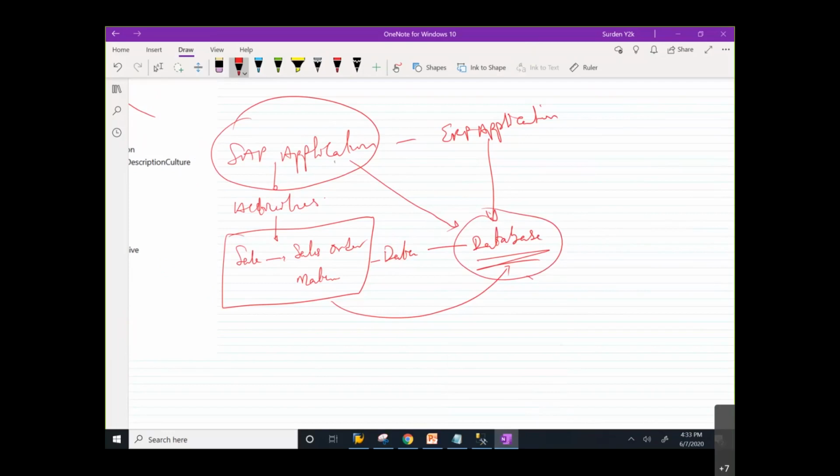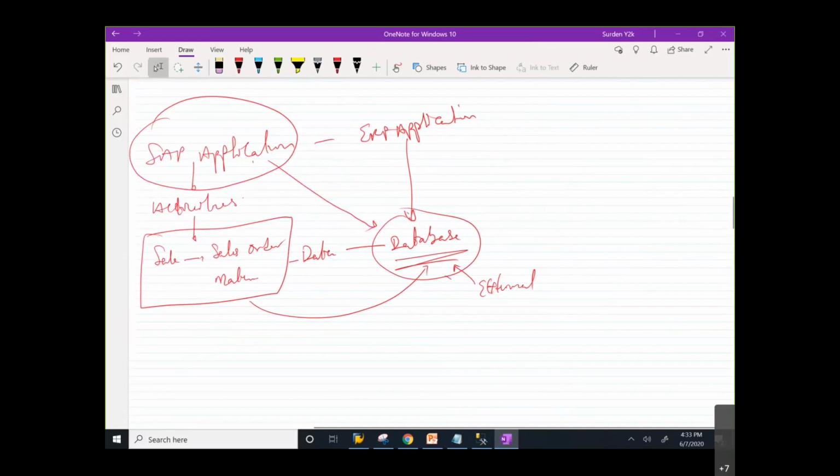Number three, let's say you want to feed some external applications, maybe some kind of web portal, with data coming from SAP, but you cannot connect it to the SAP application, so you have to connect that external application to the database to pull data. So how are you going to be able to fetch that data? That is where a DBMS